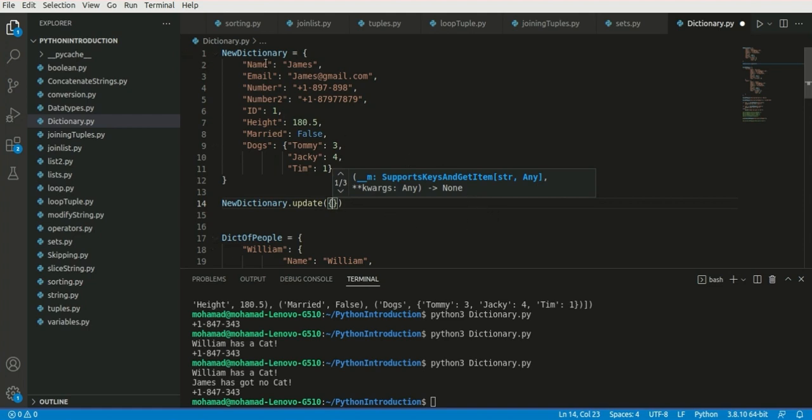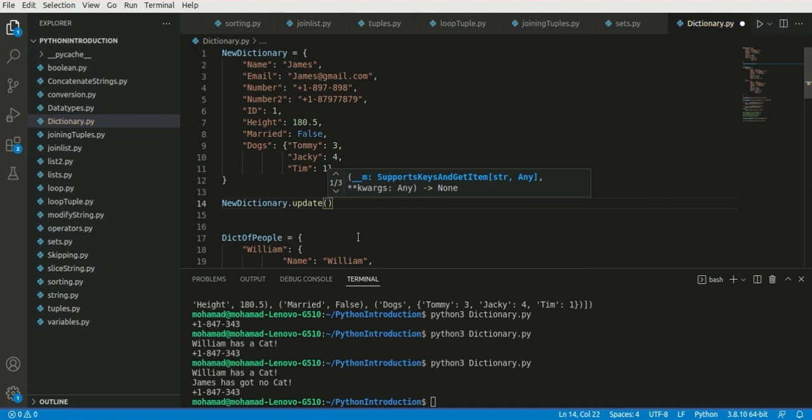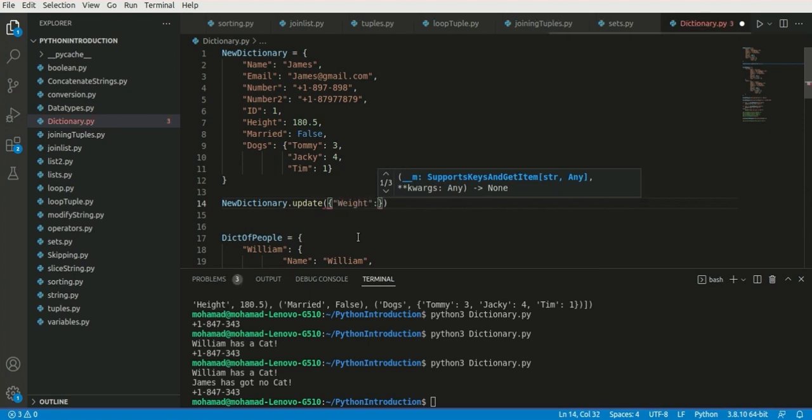So for example, we can add weight, so how much does it weigh, and notice that it should also be inside quotation marks. So weight, and his weight is, for example, 75.6,